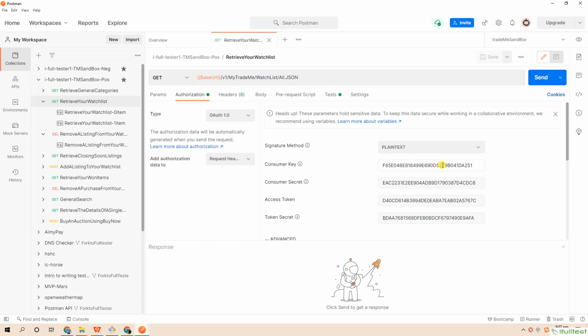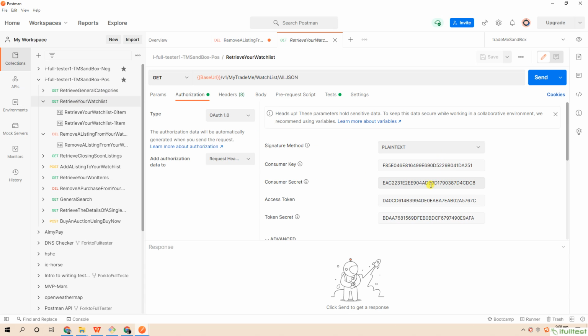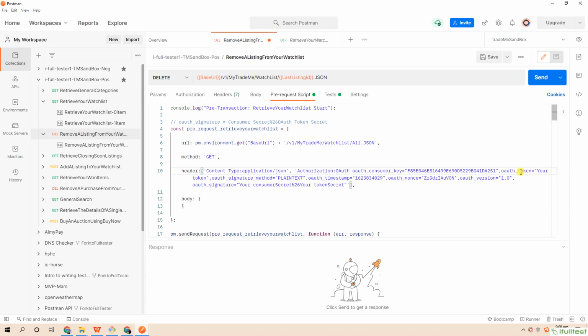Here we copy this authentication related information. Consumer secret. Token.